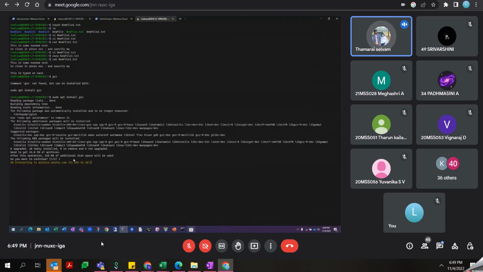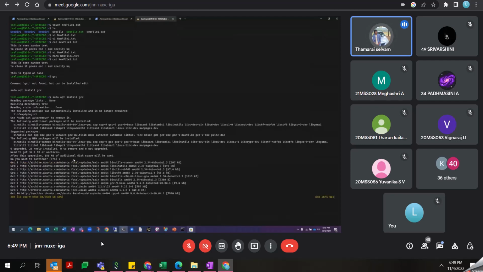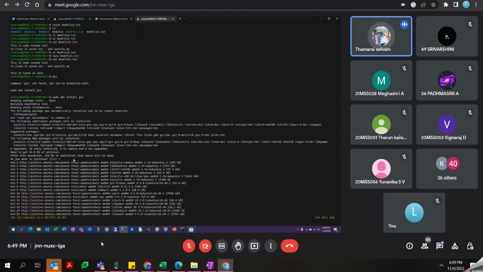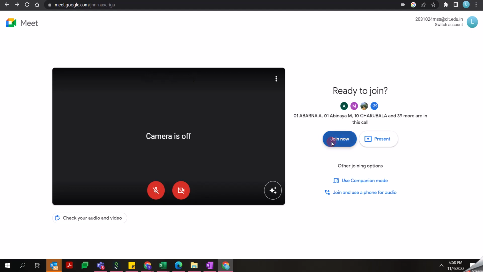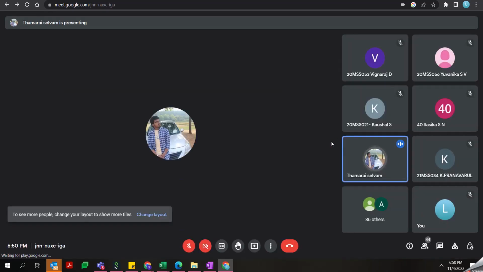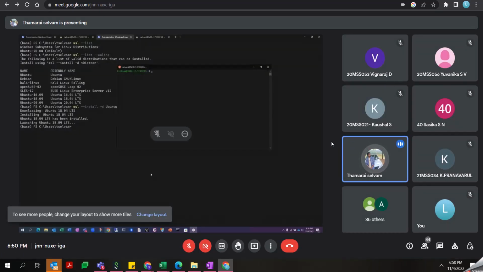Like in Windows, if you have to install software, you have to download the binary. You have to click execute, and it will ask for admin permissions, and you have to click some random Next buttons, and it will install the software, right? So அந்த மாதிரியான process எதுவுமே இங்க வேண்டியது கிடையாது. It will eventually close, or it will close and send that log to the